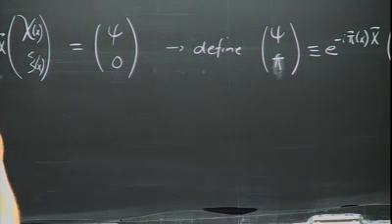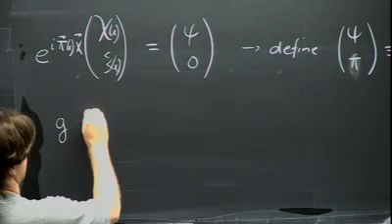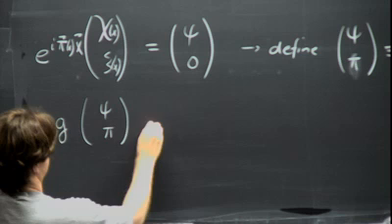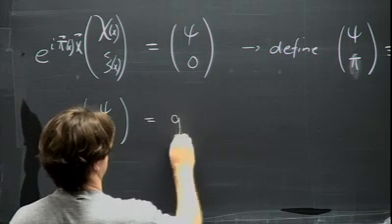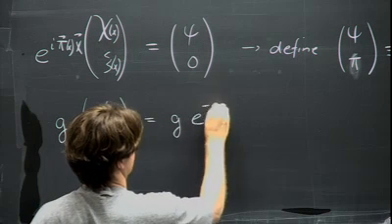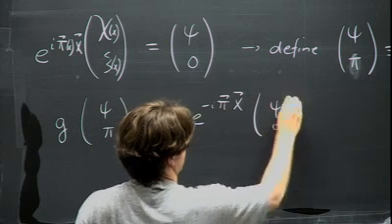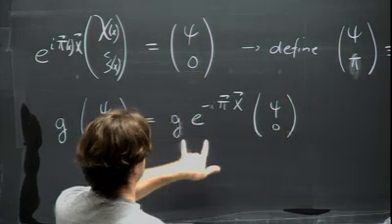Now, one question you might have is, how does the group G act? So when we act with G on this guy, what we get, just from our definition here, is e to the minus i pi x psi naught. And then this is an element in G, so we know how it acts, and we can always bring